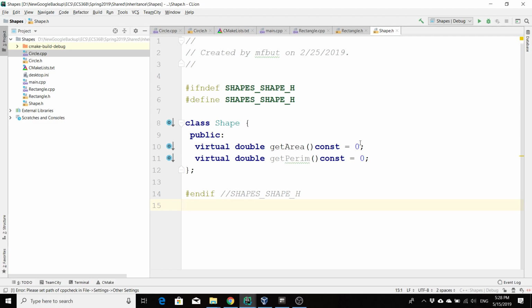The reason you can't have a vector of shapes is because the parent class is an abstract class. And an abstract class just means one or more of your methods is purely virtual. Because my parent doesn't provide an implementation for these methods, I cannot construct an instance of that class. Because if I could construct an instance of that class, then I could call those methods on it. But there's no code to run, so it would cause a lot of problems. But if you have an abstract class, you could have a pointer to that class or a reference to that class, just no instances. So what we do over here in main